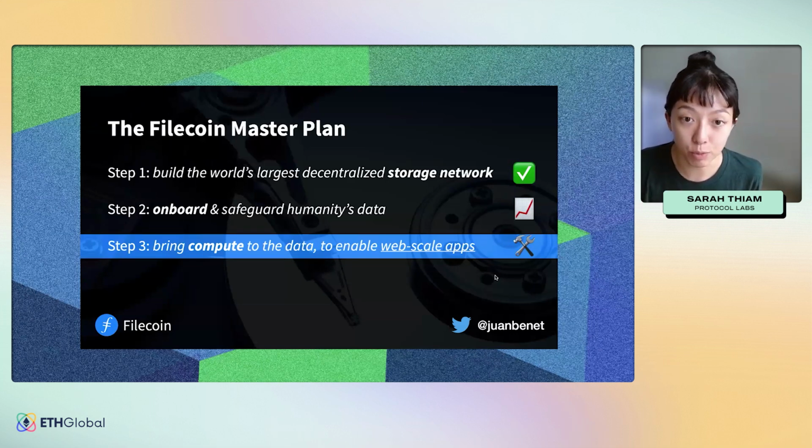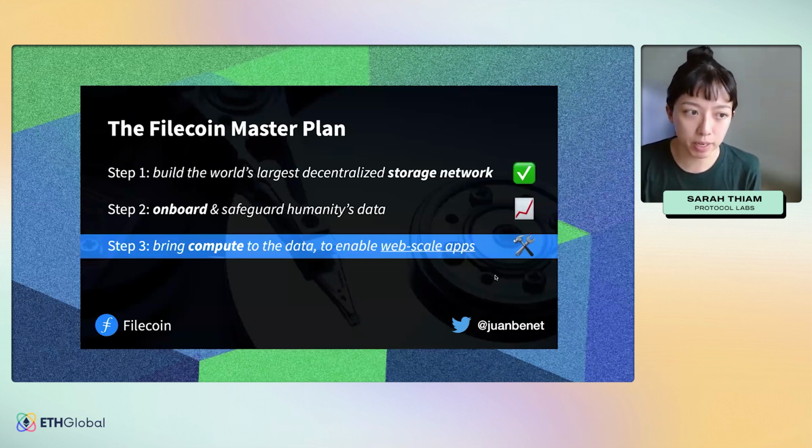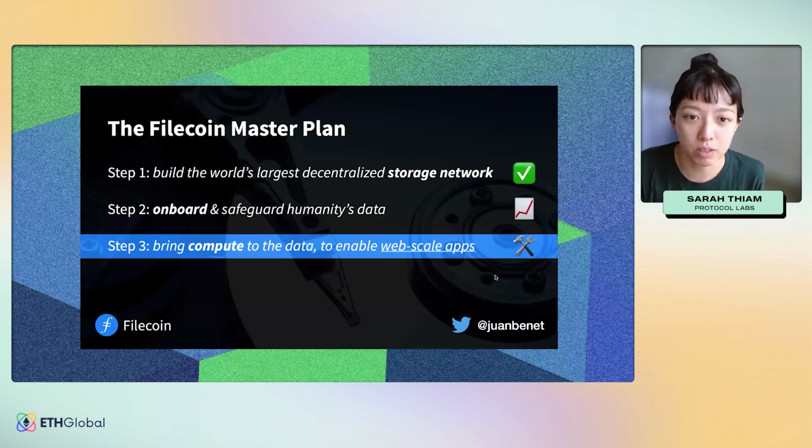Moving on from step 3, we did step 3 last year in March, and we're still continuing to develop FVM. My team's also in charge of continuing the roadmap for FVM. It's also EVM compatible, which is why we partner so closely with Eve Global. So all the tools that you're familiar with are available for you to use with FVM. And then step 4, which is not shown here because this was the original vision from Juan, and that vision has grown since. Step 4 is where we started thinking about scalable networks.